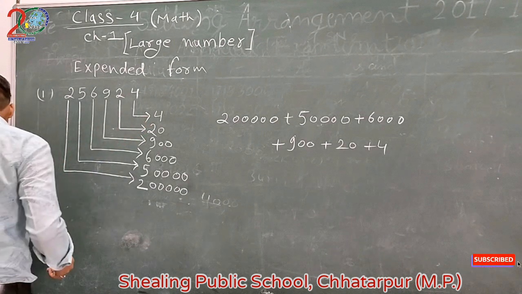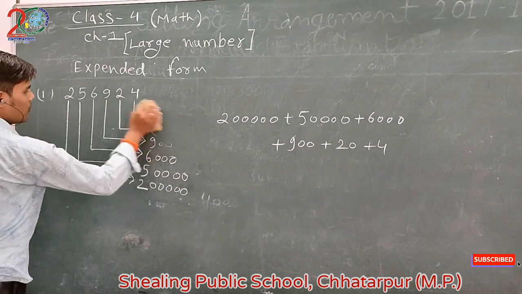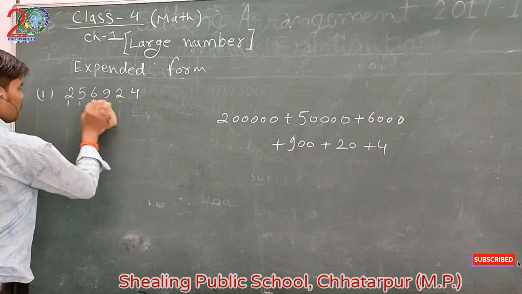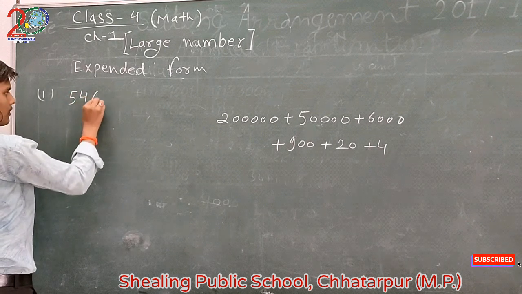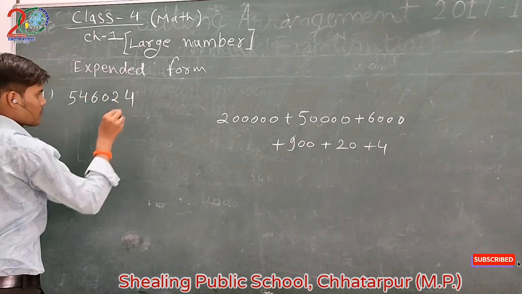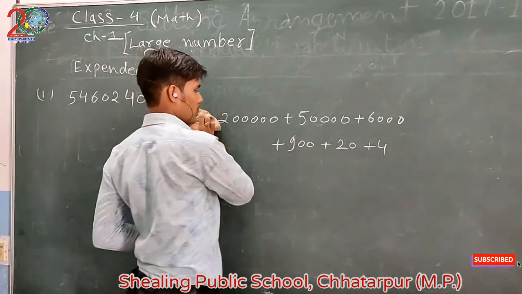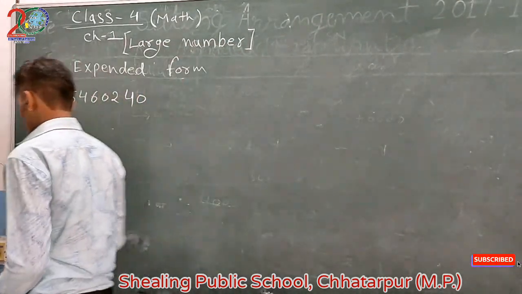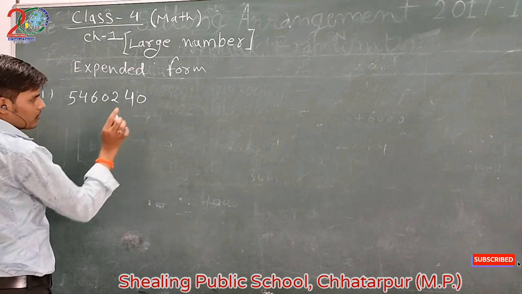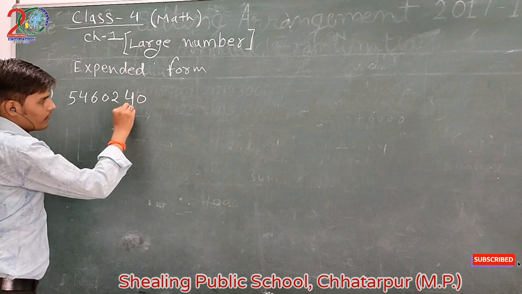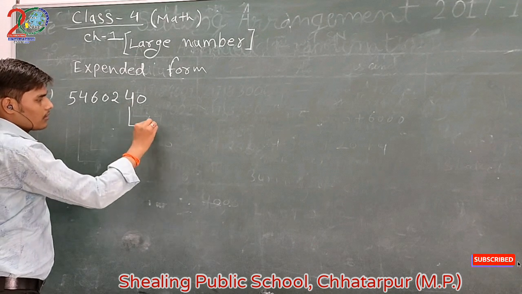One more example of expanded form, where there is a 0. So we write down one more question. Here in this question there is a 0 in the number. We don't take the 0 digit, like this or this. So here we take the tens value. It's the ones and tens value. We take the tens value, like this 4.